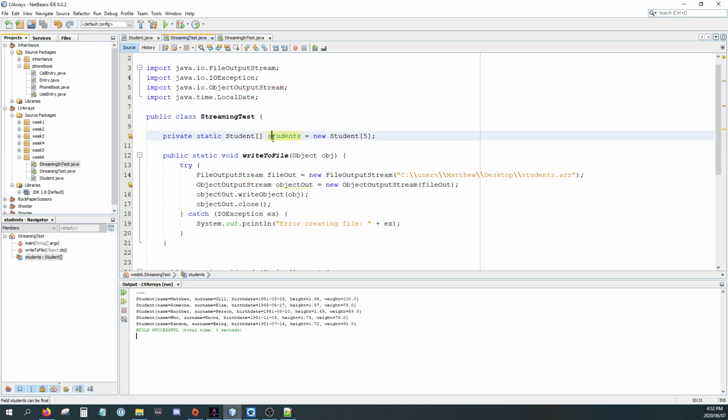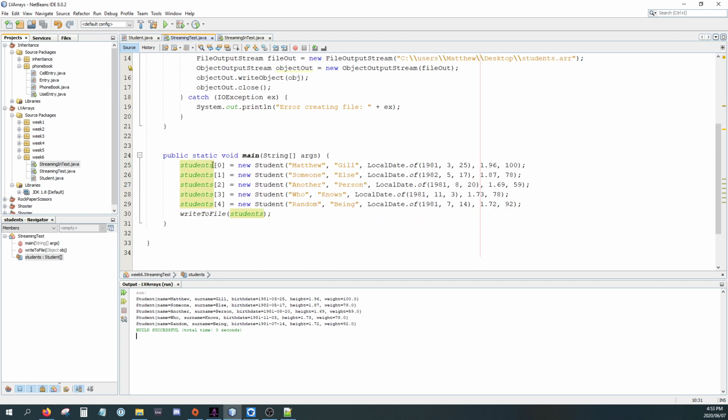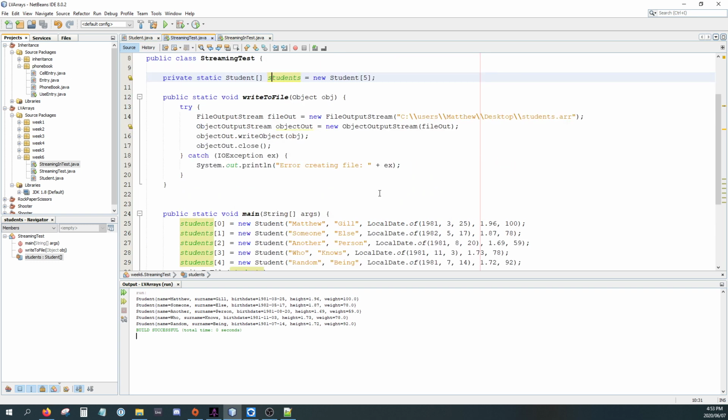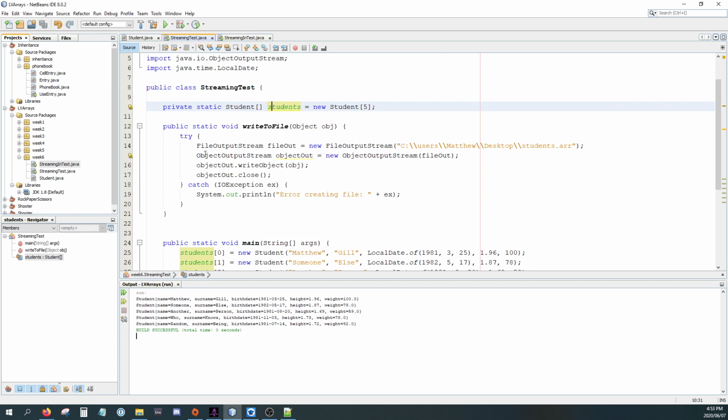So if you wanted to write this using a print writer, I'd have to set up a for loop that would go through, over here, just creating an array of 5 students. I'd have to go through all the students in the array, and then for every single field, write that field to the print writer, and that's going to take ages. Or I suppose I could do this as one line of text, but then reading it in, I'm going to have to convert it, and it's going to be tricky. Whereas over here, if you have a look,